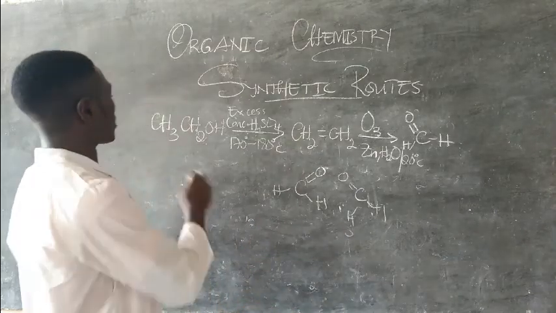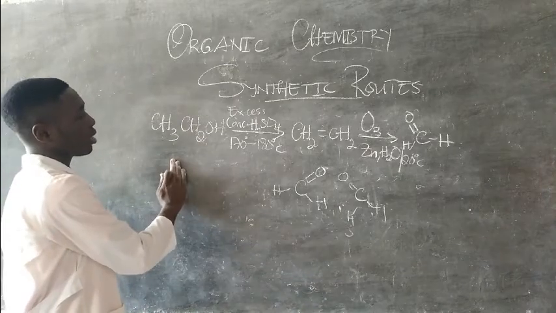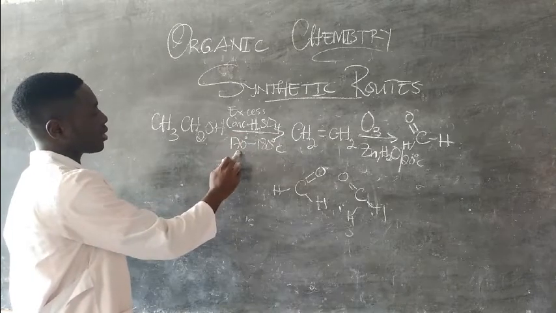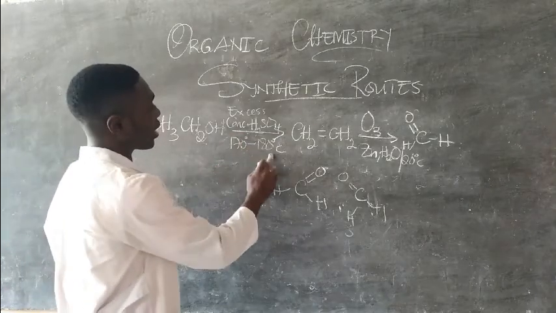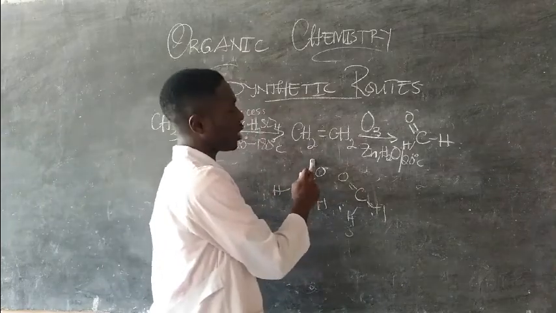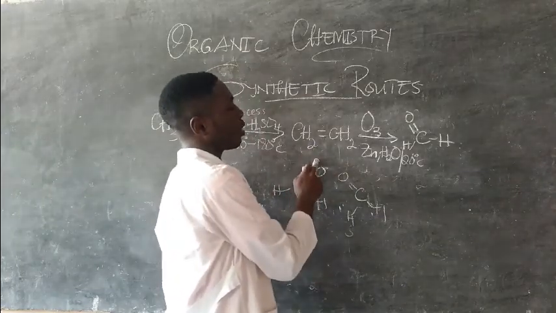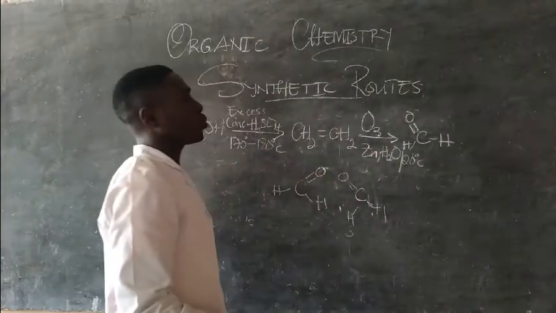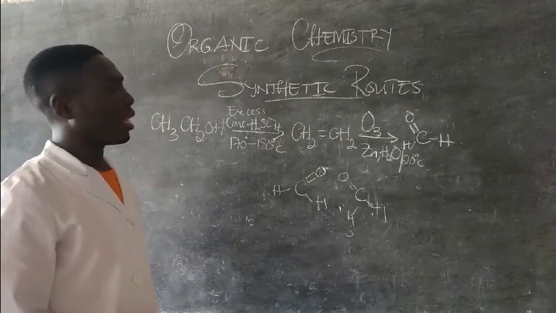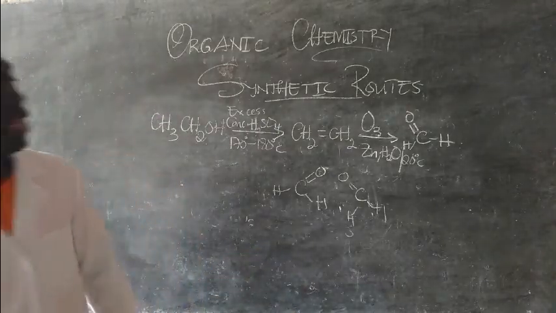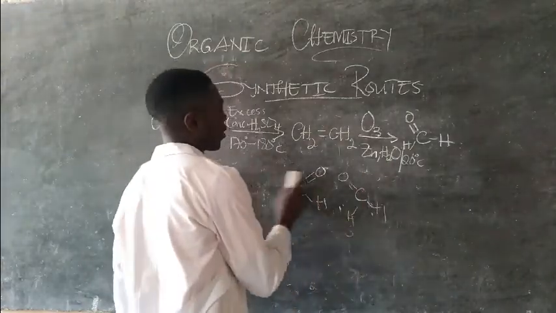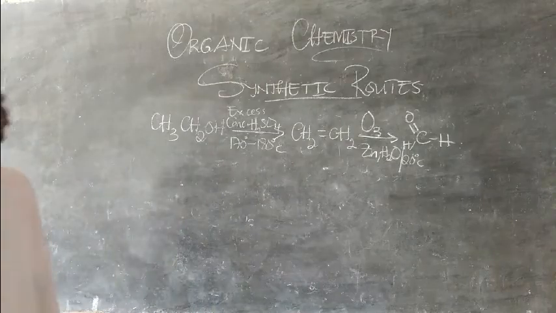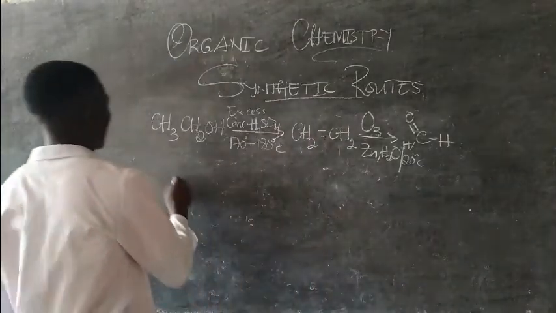Don't doubt it, because if you start with butan-2-ol this way, when you add excess concentrated sulfuric acid at 170 to 180 degrees, you are going to obtain butene. And if you ozonolyze butene, you are going to obtain two molecules of ethanol. And just like here, this one will give me two molecules of methanol. And from there, from the ethanol, remember you can convert aldehydes to alcohols by using